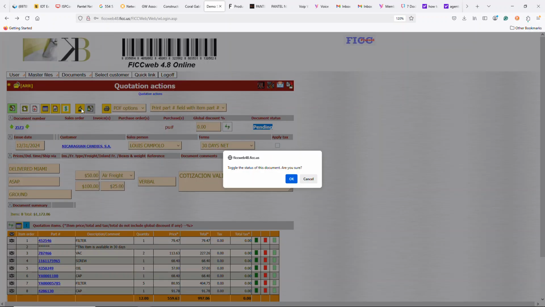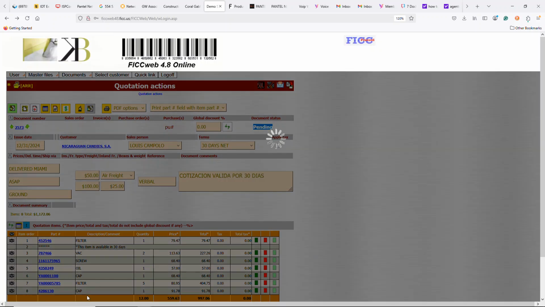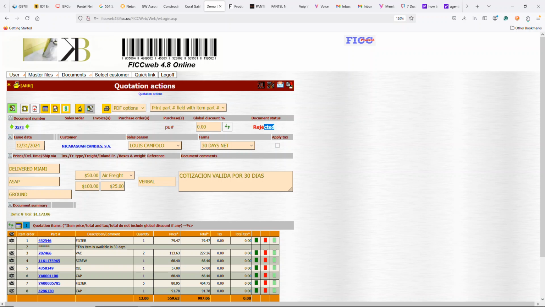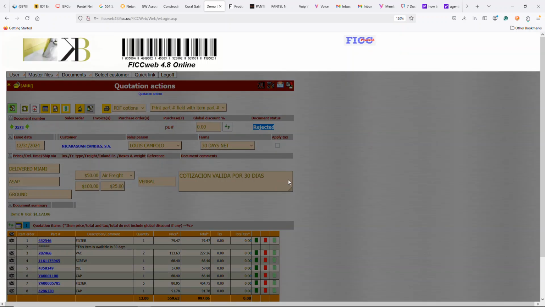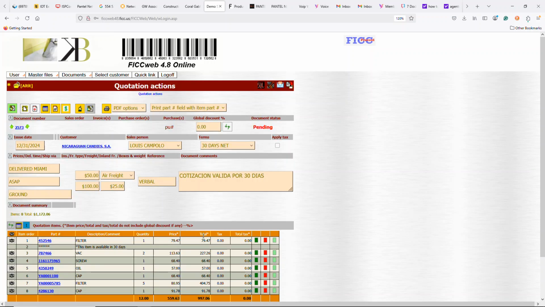So if we click here, it just appears as rejected. That is especially made for sales meetings, that we can evaluate which quotations were approved and which ones not, based on sales part information. So we can click again, because it is a toggle, we can put it pending again. All right,